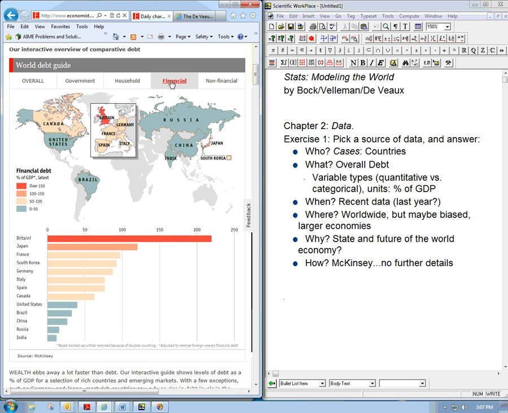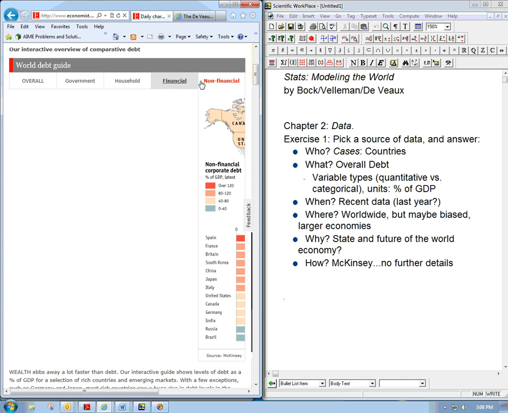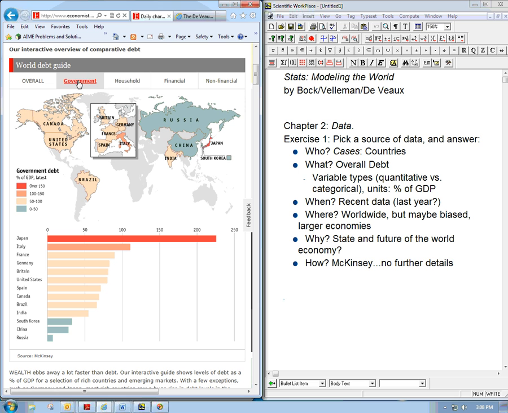household debt. Financial debt, Britain is huge in that, and I'm not sure exactly what financial means there, but things like stocks and bonds, stuff like that. And then non-financial, it's not clear what that means compared to the other categories. So we might not understand all the terms here, but one thing that we've discovered is that there's various different